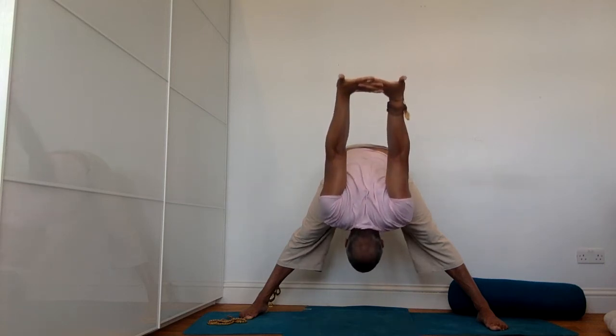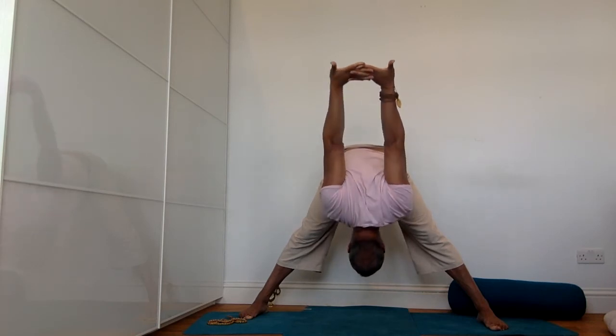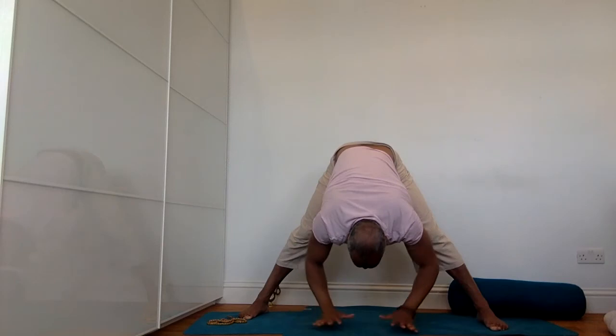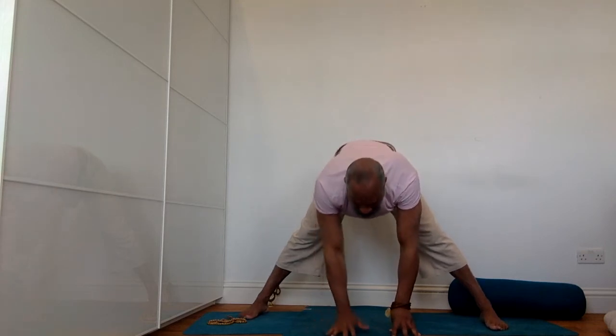Deep inhale, deep exhale as you keep the fists together if you can, squeezing the shoulders away from the neck, allowing the neck to be free. And now with grace, slowly release your hands to the floor, underneath the face. Inhale to the fingertips, rise up, look forward, but as you exhale, allow the right hand to come to the